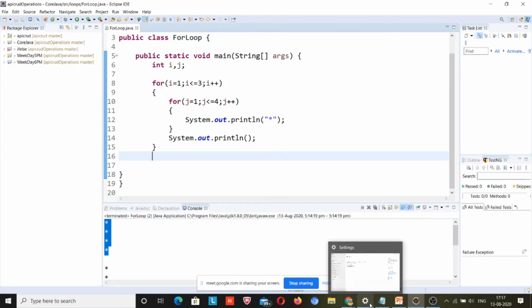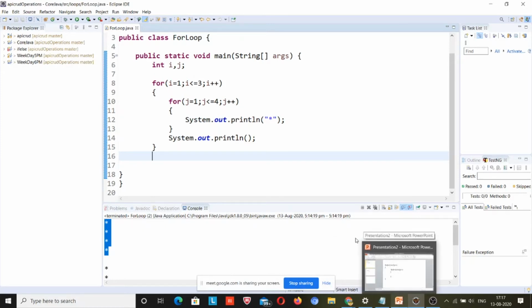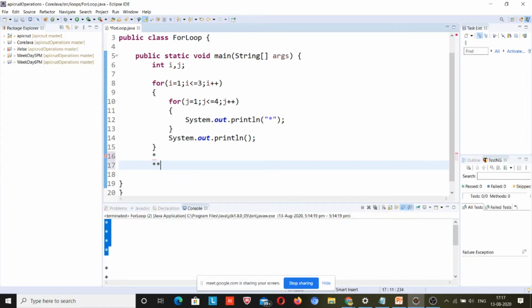What is getting printed? Let me do it for 1, 2 and 3 only. First time it prints 1 star only, and when the line breaks, then it prints 2 stars, and then it prints 3 stars. How is that possible? It is possible because the first time the i value was 1, it printed 1 star only.